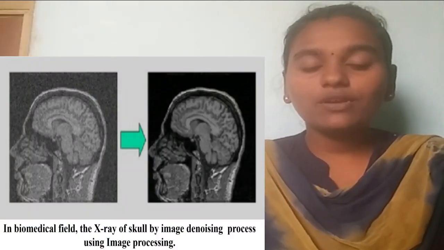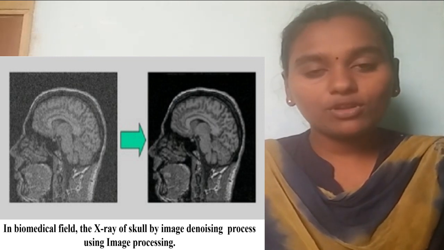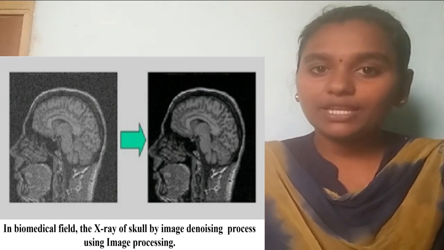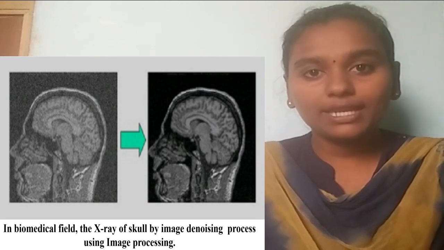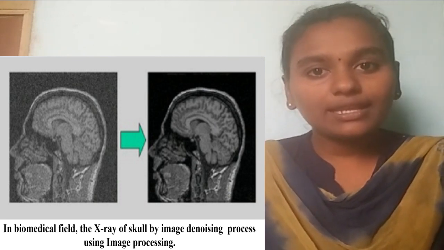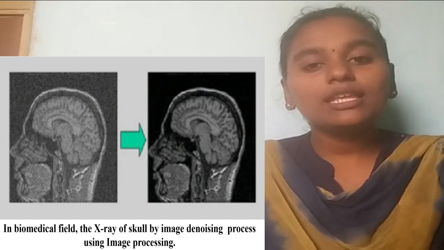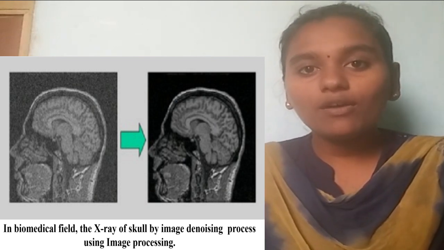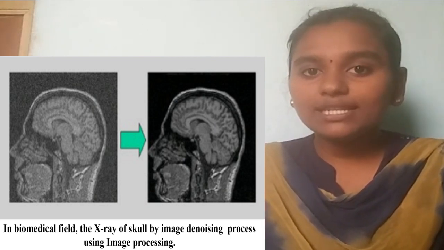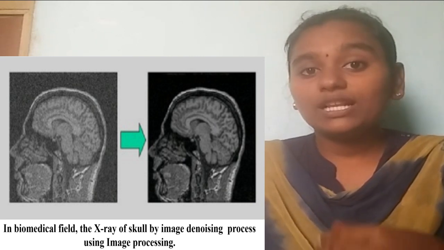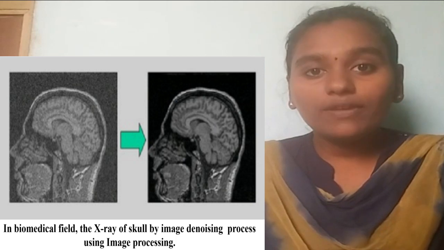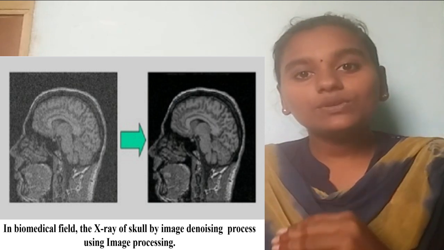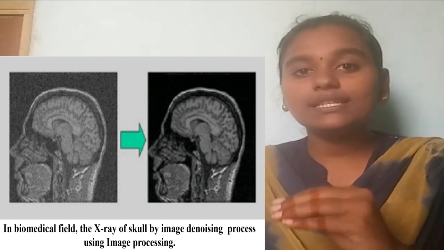Now comes to the motivation of our project. The domain we are using in our project is digital image processing, which is a fundamental engineering domain in several applications, which includes robotics, data mining, computer vision, target tracking, biomedical engineering, and solar image analysis. As you can see in the figure, the X-ray image, which is an example of the biomedical field, has been denoised to clearly preserve the information of an image. So by using the image denoising process, we can reduce the noise in images.